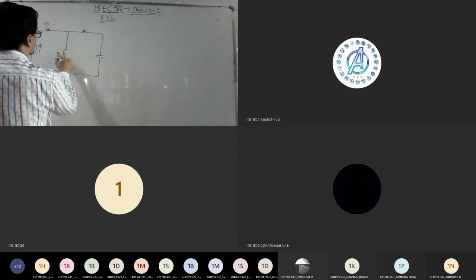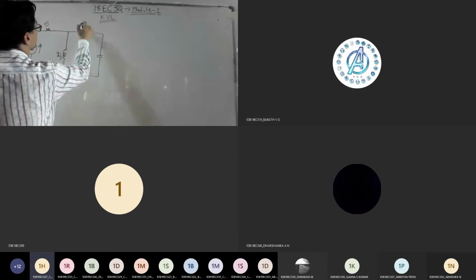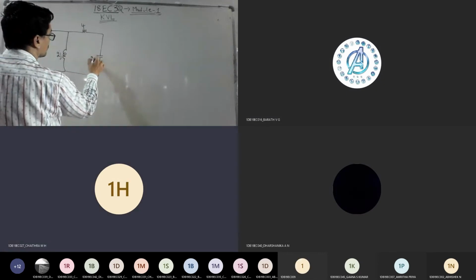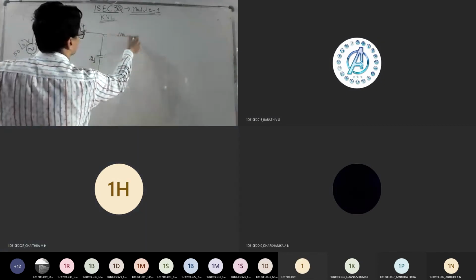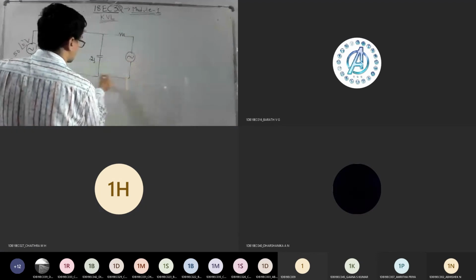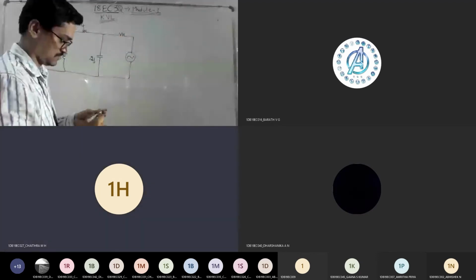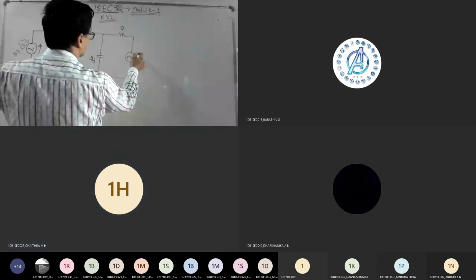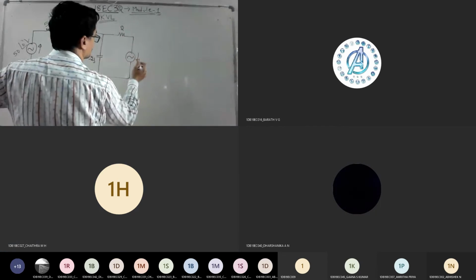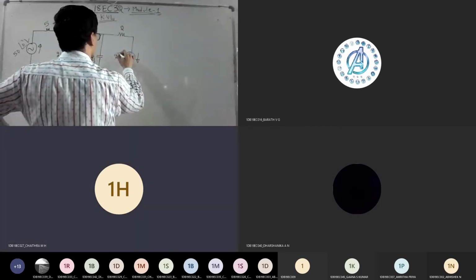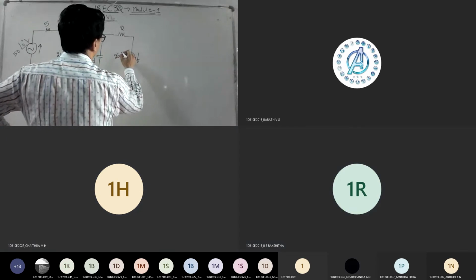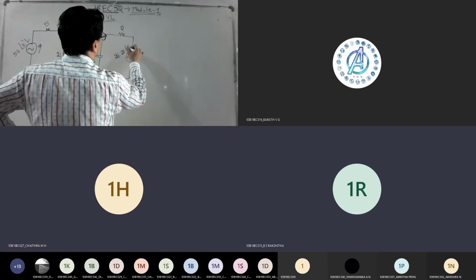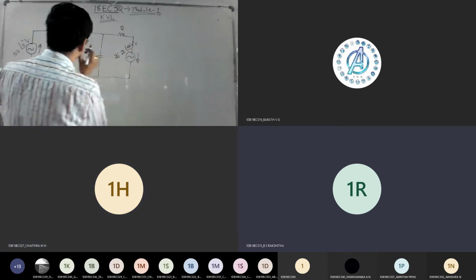And this resistor? 4 ohms, sir. Capacitor minus 2j. And you have one more resistor here, and an AC source. What is the value of this? 2 ohms, sir. And the direction was downwards here. The source value is 20.25 at an angle of minus 66.8. Okay, so this is what was given.